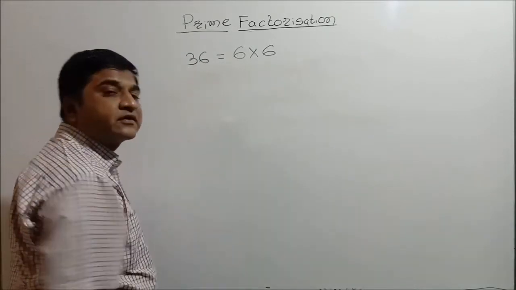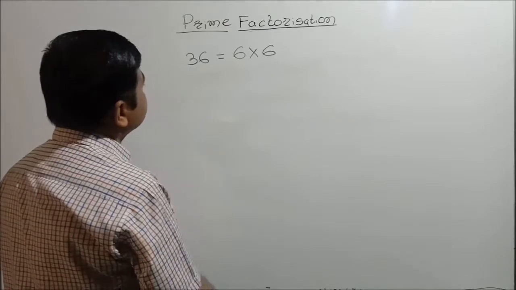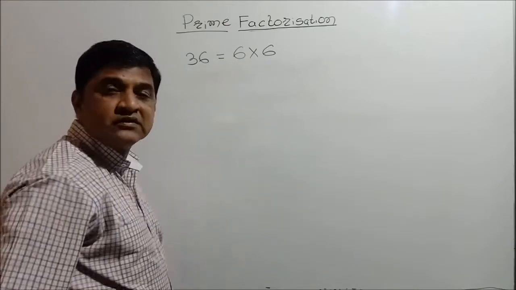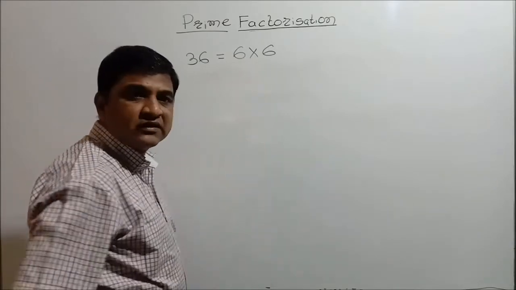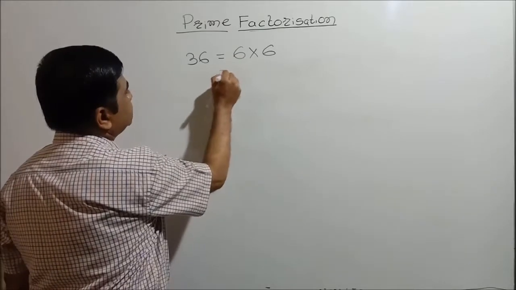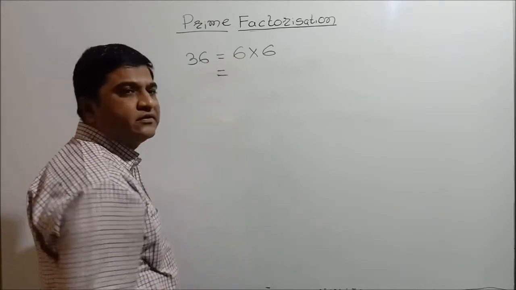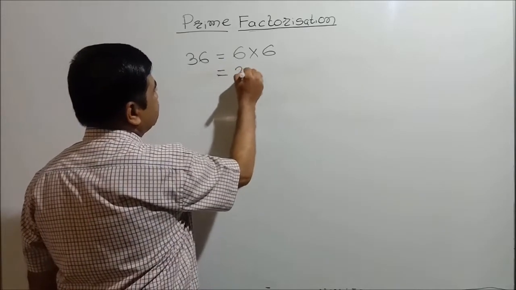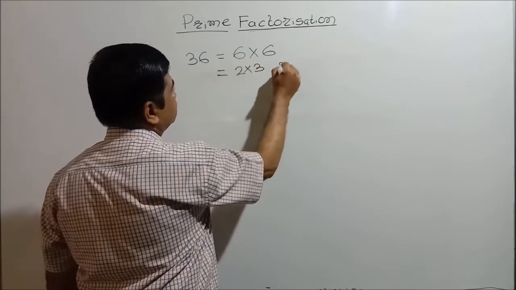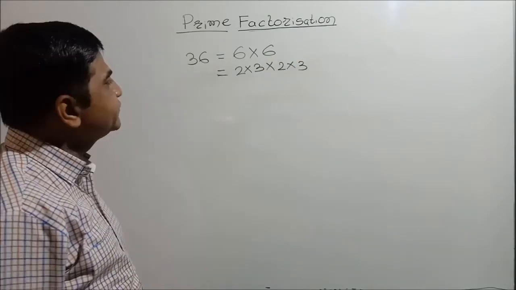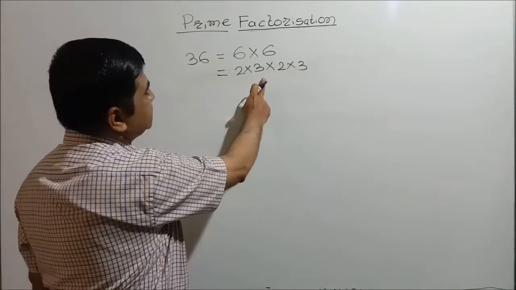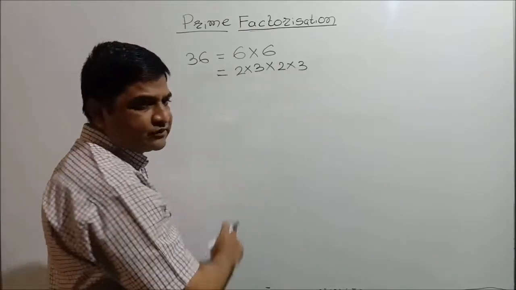Well, 36 can be expressed as a multiplication of 6 and 6. 6 6s are 36. But you can see that both 6 and 6 are composite numbers. So I am going to split 6 again as 2 multiplied by 3 and 2 multiplied by 3. A multiplication sign will be there in between them. So now 2 multiplied by 3 will become 6, and 2 multiplied by 3 will become 6, and 6 6s